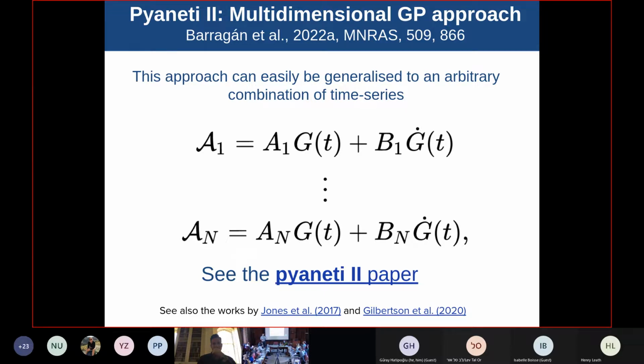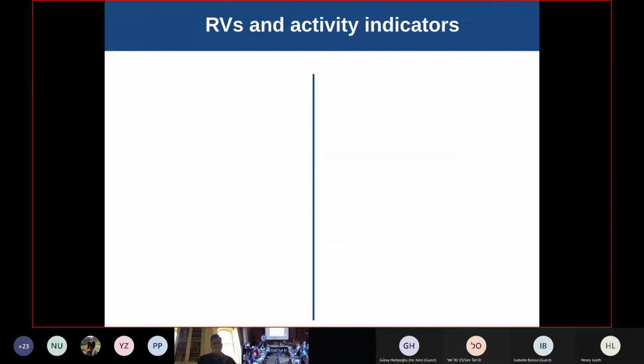So I hope that at this point I have convinced you that it's important to take into account the derivatives of the function that describes the flux or some activity indicators in order to describe the stellar activity. But of course, this brings some problems when we go to the equations to describe the models. Before that, I want to tell you that if we really believe that there are activity signals that behave as the derivative of a function, we can describe